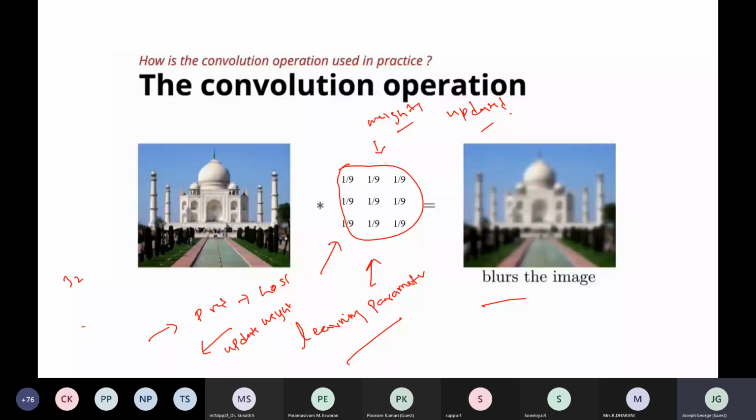This process will continue until finally these weights get saturated, and then you will fix the weights. After fixing the weights, the important features will be extracted in the first layer, and then in the second layer, features from the features will be extracted, and this can continue till the depth. If you increase the depth of the network, it will keep on going.